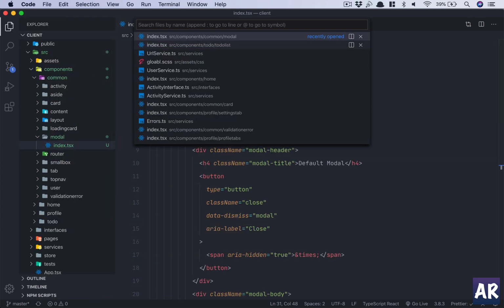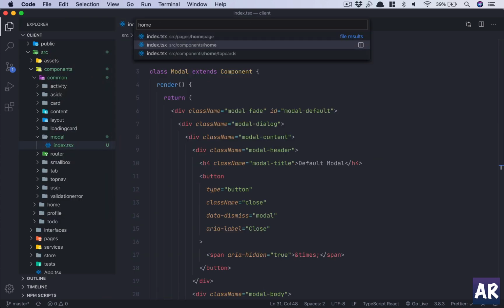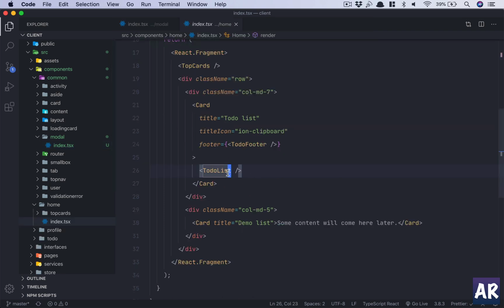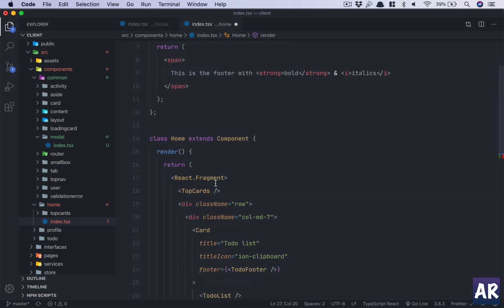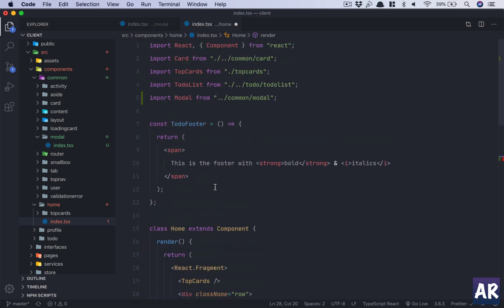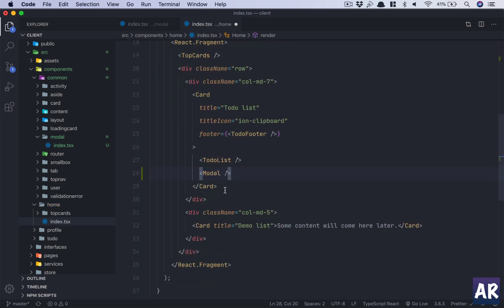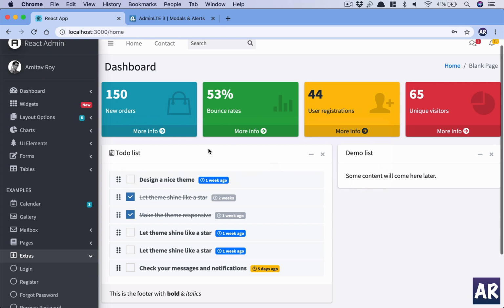I'll open up my home where we are showing this to-do list. So after this we will open up our modal component. Modal, okay, I can't do a self-closing thing right now, so I'll just have this. It's not yet imported. Yep, I want to import that. So this is done. Hit save, go to the browser,